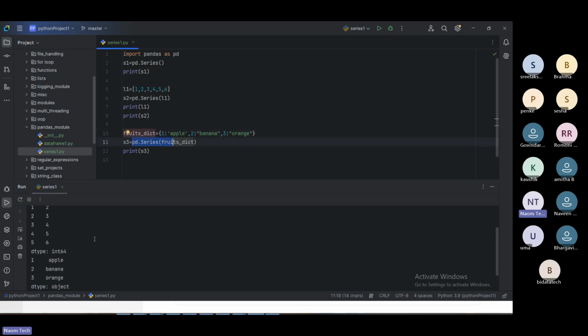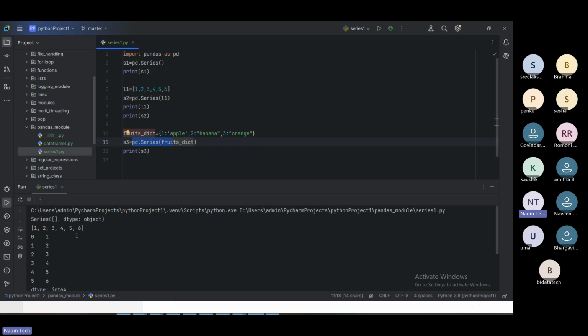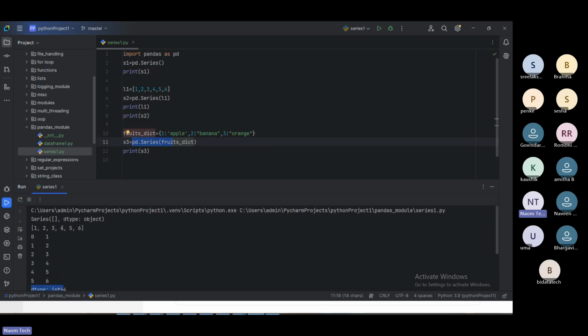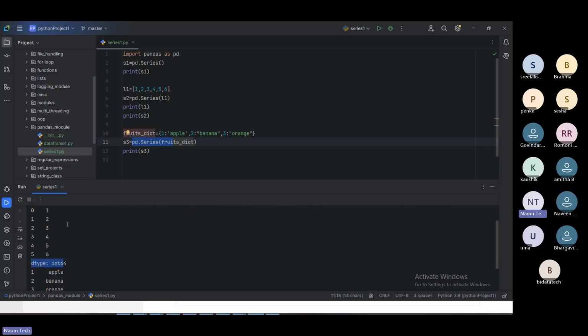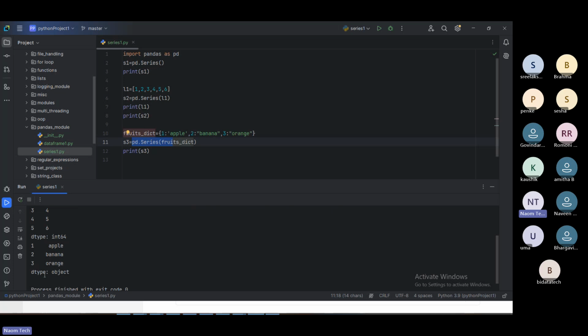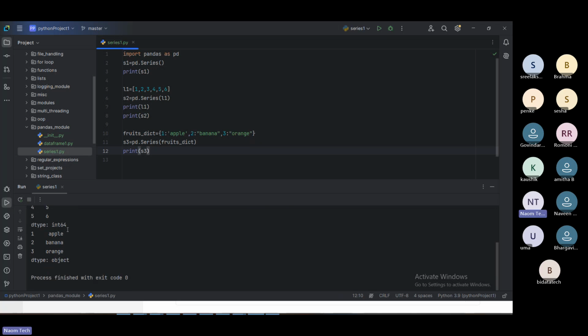And also you can see some difference here. You should also observe one thing. The data type of series is something when we pass a list as an object, and the data type of this dictionary has something else when we pass strings as parameters. So we'll talk about all that one by one. So a simple point here: you can see when you pass a list as an object to series, it's showing the data type as